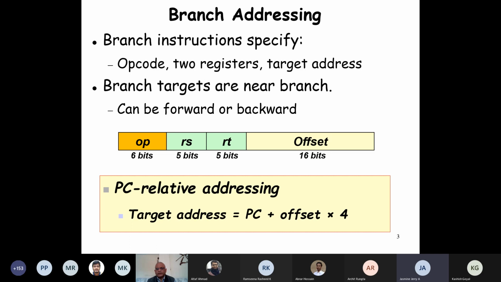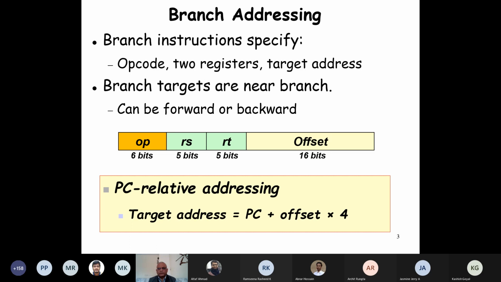Not that complicated. See, each instruction is one word, right? And we have 2 to the power 16 words or 2 to the power 16 instructions. Who answered that? I forgot to note down. Normally I note down all these things. Archit, right? Yes. Archit was very near. So 2 to the power 16 minus 1. But remember that it can be backward or forward, and if we want to represent the sign bit, we have 2 to the power 15.